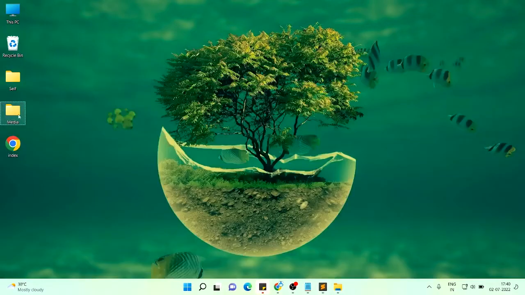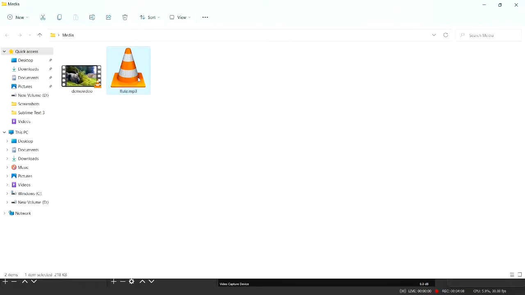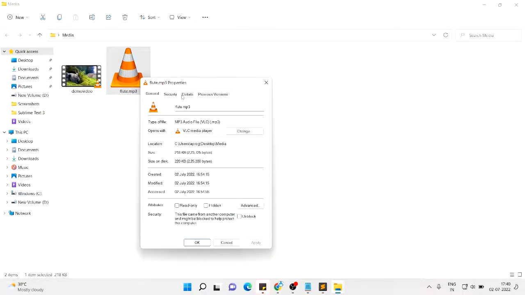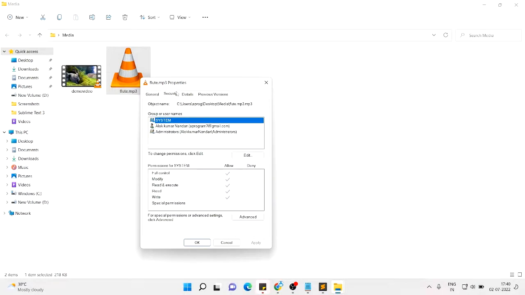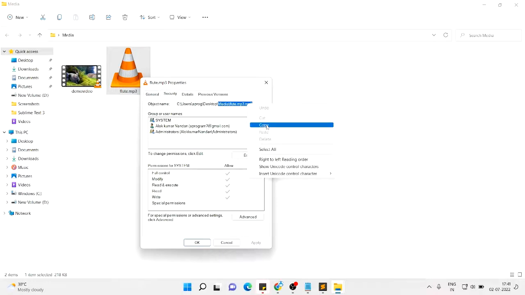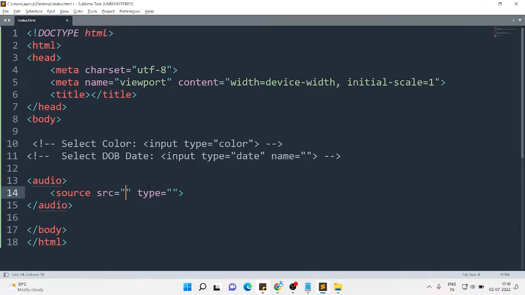So just open your folder, right click here, go to the properties section and details, general details, not this one. So I have a folder media and flute.mp3, whatever it is. Just copy it. Okay, so just open it and paste it. So you can see here,